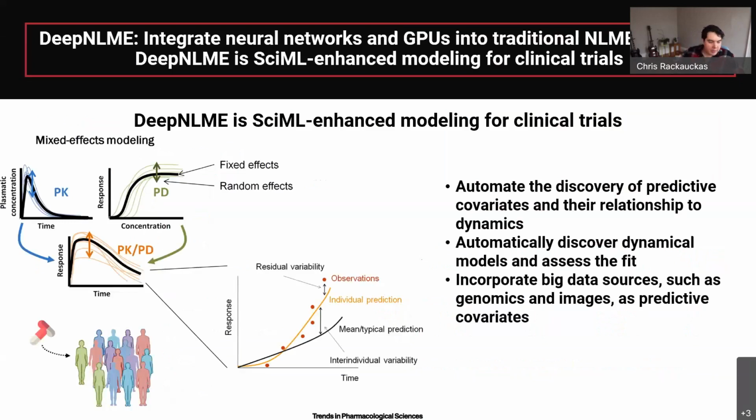Another case that I want to highlight really quickly before moving to the software and math portion is nonlinear mixed effects modeling, because it is one of these core statistical areas that people have looked at for a long time. What we really were looking at, though, is that one of the issues in nonlinear mixed effects modeling is actually the development of the components of the model. And so looking at this in the case of pharmacology,